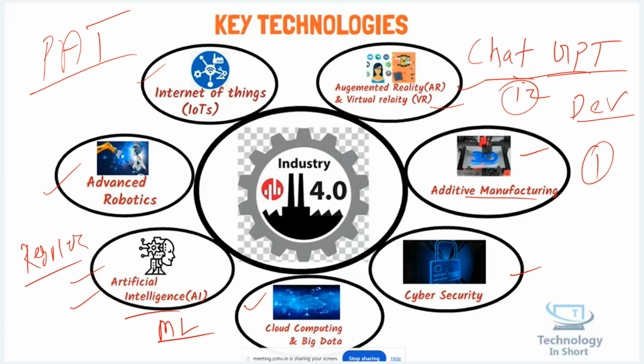PAT, process analytical technology, means while the process is running, the sensor will sense the condition of the product and report the result. Your mixing has been done, completed. Now you can unload the material and load it into the next equipment. Correct? So the sensor will sense the condition of the product. That is the technology called PAT. We are going to discuss much more detail about PAT in our regular classes.